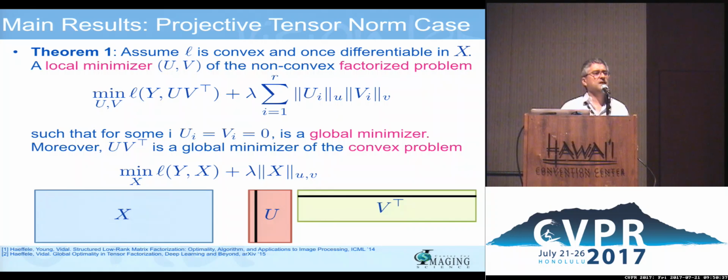Pictorially, what this theorem says is simply that the local minimizer you found is redundant. It's almost like saying, I've got a low rank matrix, but I don't know the size, and I'm going to overestimate the size. Eventually, you do know that if you set some columns to 0, then you can reduce the size of your factorization and still factorize that matrix perfectly. So the certificate for global optimality is exactly saying that you've put too many columns and one of them is 0.